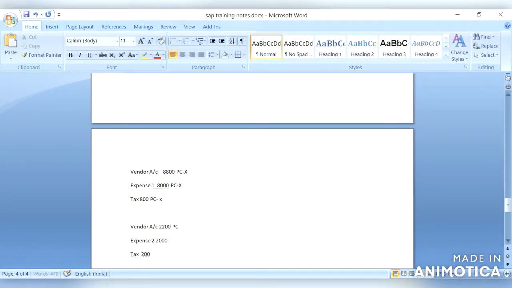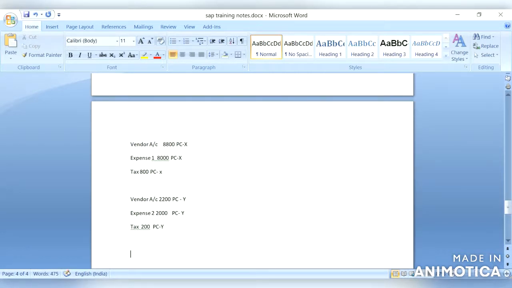All are posted to profit center Y. So if they want to do any reporting based on profit center, that means segment, now it is very clear. So which line items are under which profit center.